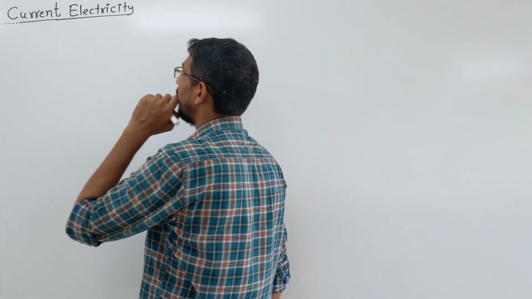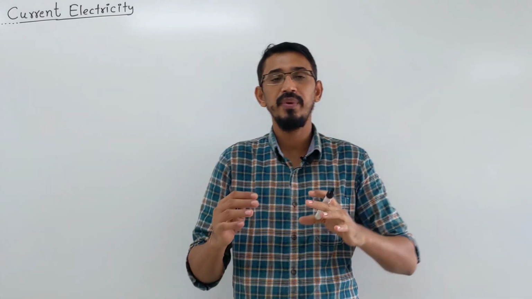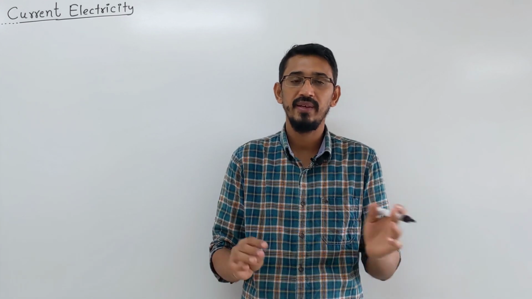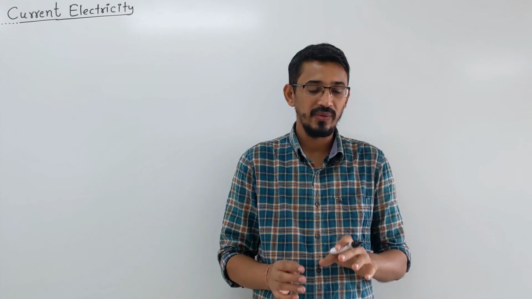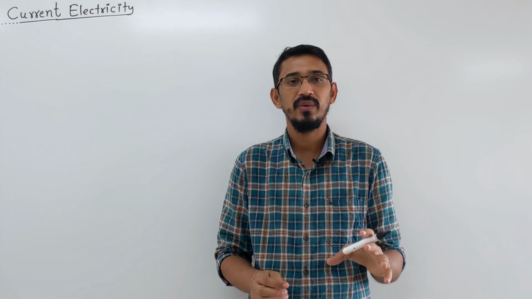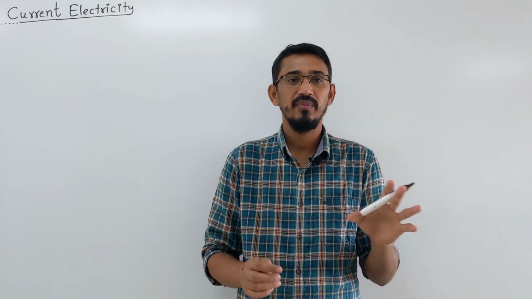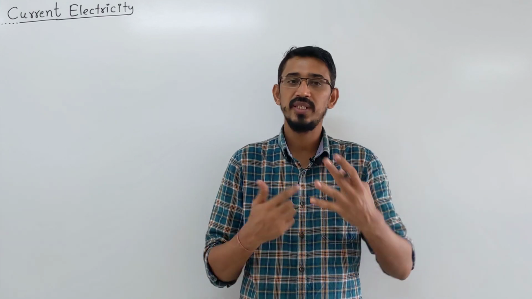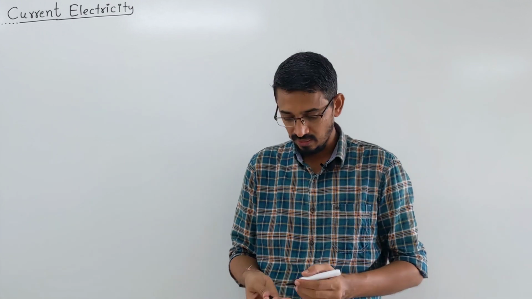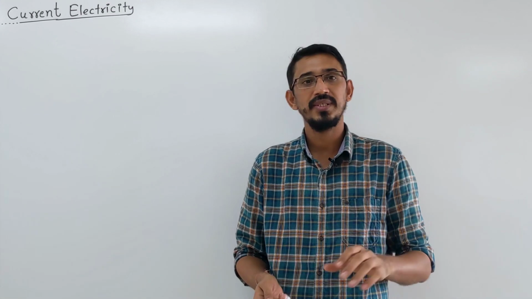So first we have learned the behavior of electrons in a wire when no field is applied and when a field is applied, right? When no field is applied, they are moving randomly. They have thermal velocity, thermal speed of around 10 power 5. They move very fast, but they frequently collide. So net displacement is actually almost zero. So the average velocity of all these electrons becomes what? Zero when no field is applied.